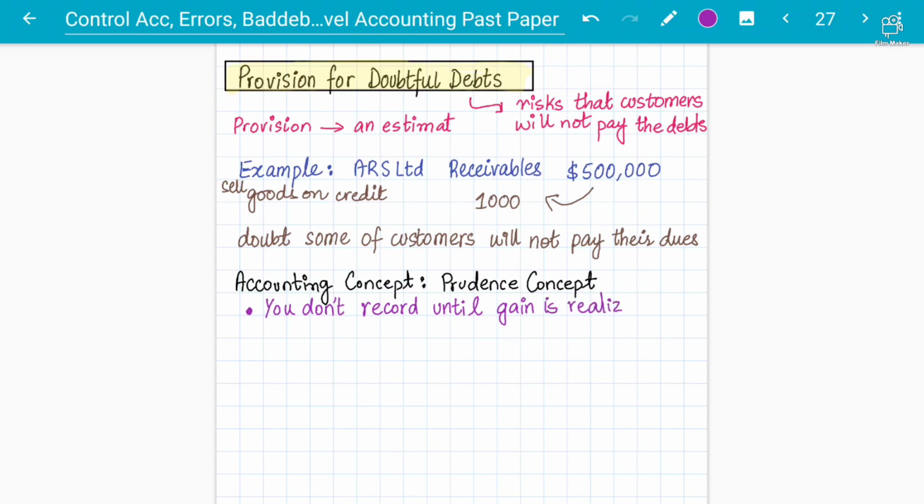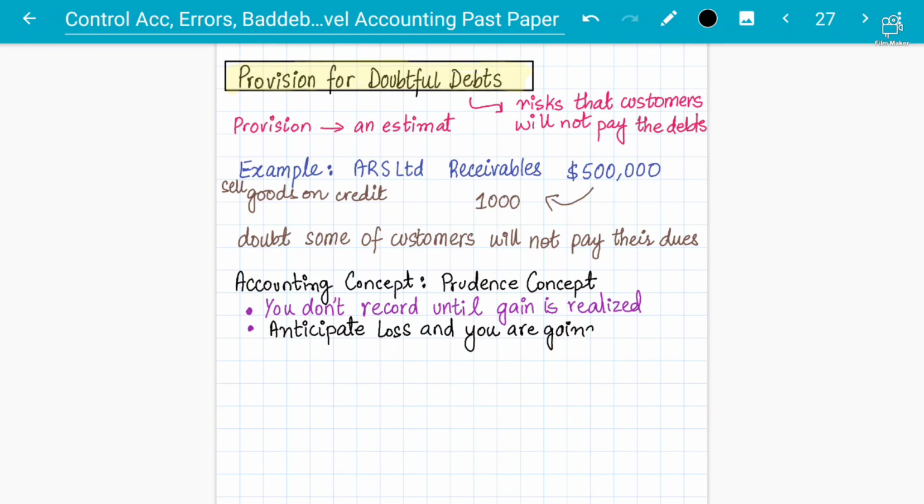If you are anticipating some transaction, let's say someone asked me whether I can give these products for this amount at this date, and I said yes, I have this much goods available, you can purchase them, but until the customer pays me, I'm not going to record it. But for a loss, if you can anticipate the loss, you are going to record it now, and that is why you have to make provisions, that is, an estimate. So you anticipate the loss and make an estimate for the losses.